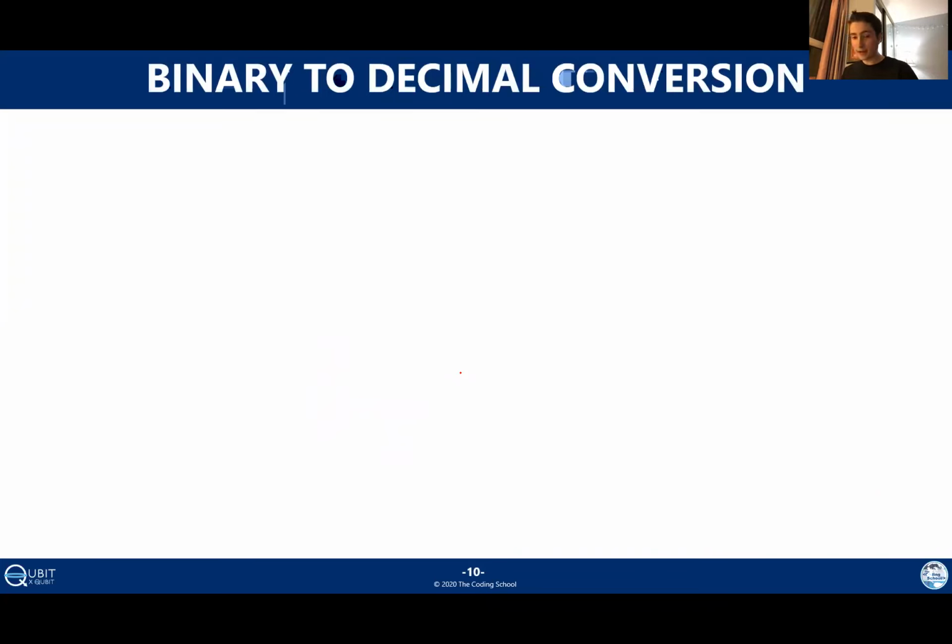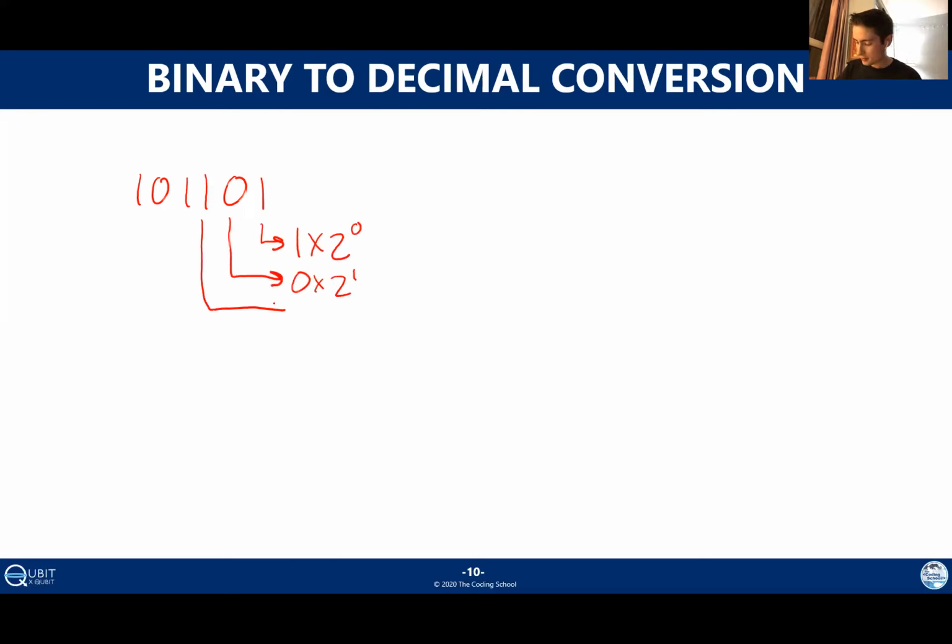So talking about binary to decimal conversion, I basically already did an example, but I'll do another one just for practice. I'm going to come up with some arbitrary number here, and then we'll do the exact same process once again. Starting from the right-hand side of the number, I take the first digit and multiply it by the first power of 2. Second digit by the second power of 2, third digit, and so on.